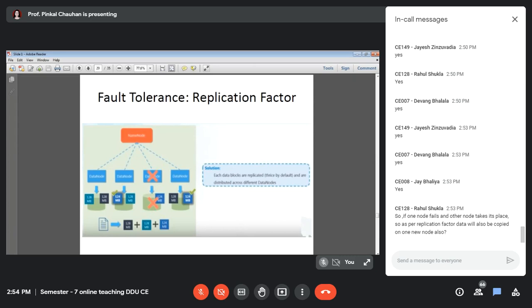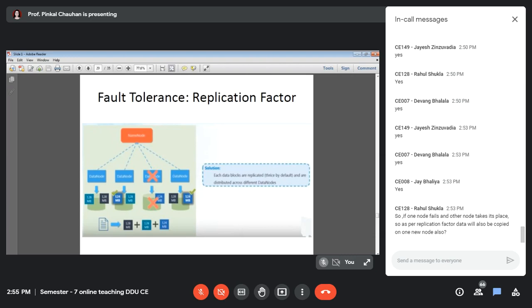We will not be worrying about it, because many times, due to some load, the node is not available for some time. This happens, right? After some time it would be back on. For the time being it is not available, or let's say it had some hardware issue, so once it is repaired it is available. So we don't worry about what was there on that data node. Runtime, the issues are resolved.